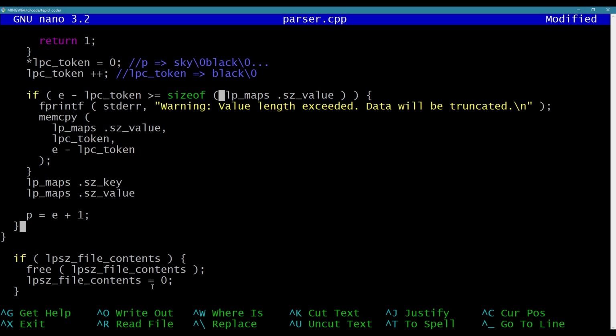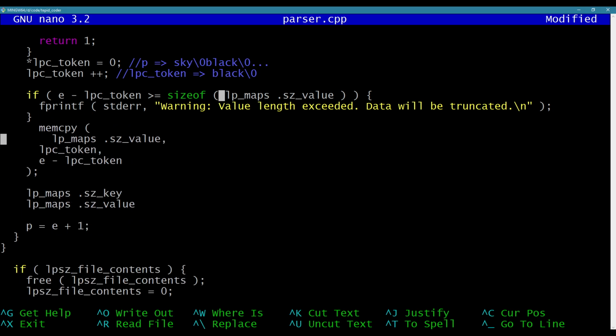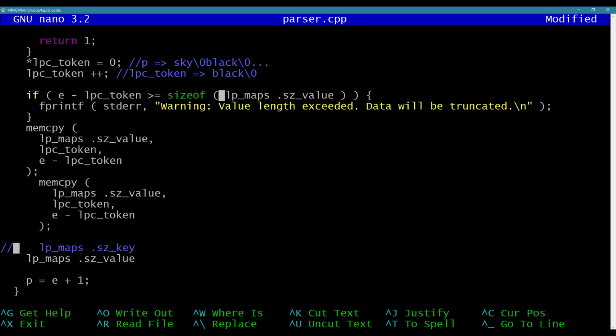Okay. So I'm actually going to always do that. It's just that if this would be too much data to store, it's going to truncate it. Alright, so the next thing I want to do is I want to do the same test basically, but for the key. And for that, what I'm going to do is I'm going to say,